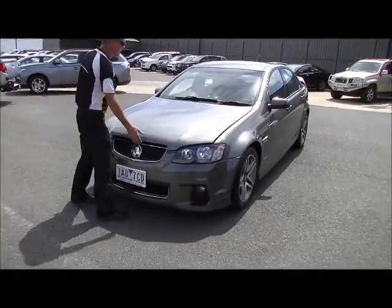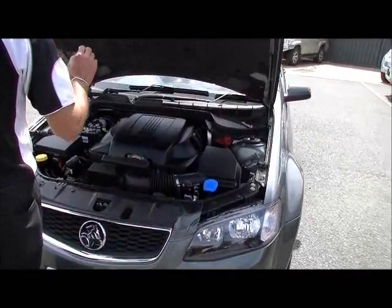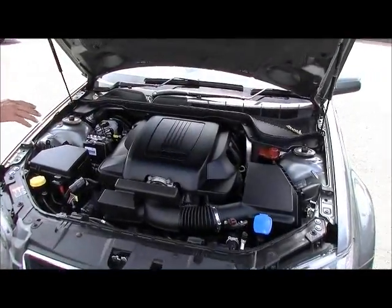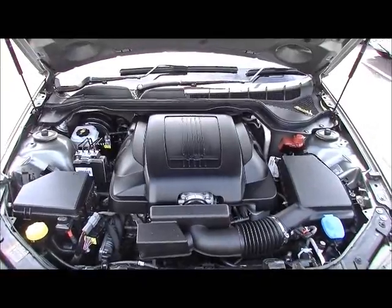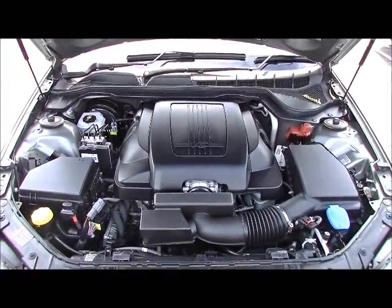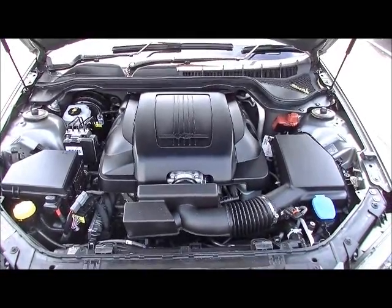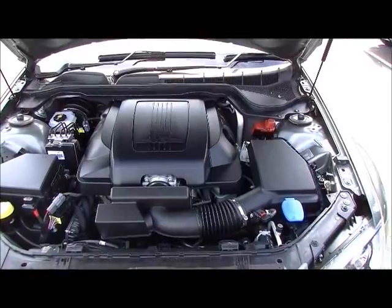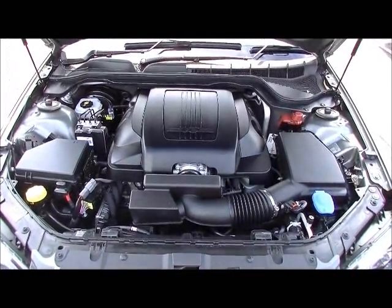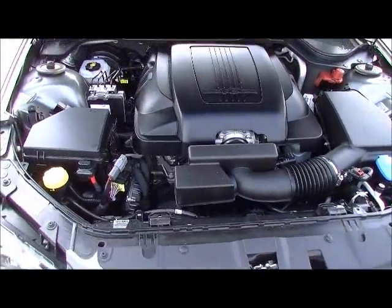Under the bonnet now, the Holden, and a lot to like about the performance. 3.6 litre V6 motor, returning 210 kilowatts, complementary leather under the bonnet. 9.5 litres combined per 100 k's, so based on a 71 litre fuel tank, you're going to get well in excess of 700 k's to a tank of fuel. 350 newton metres of torque, so overall you've got the performance there,